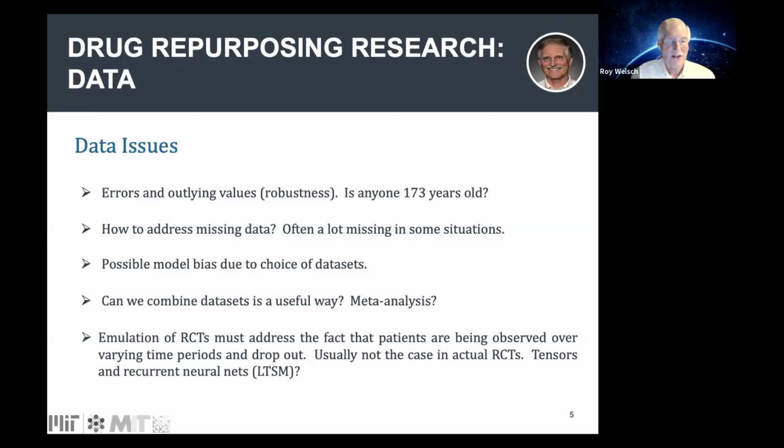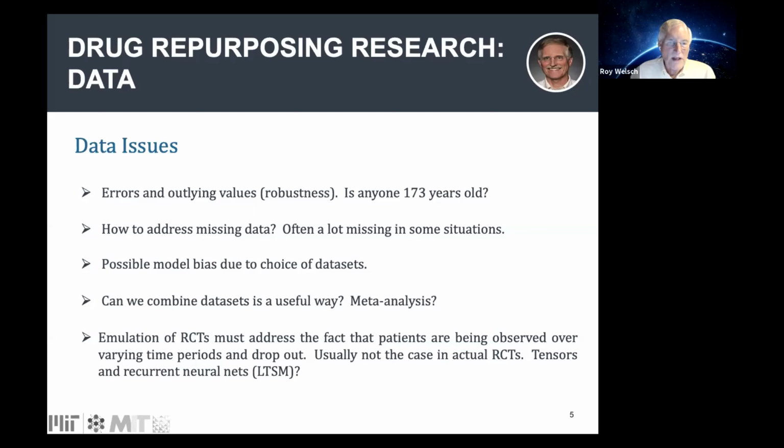The problem we have with data in general, and this type of data in particular, is errors and outlying values. I tend to call that worrying about robustness of the data. We've had examples where there are definitely outliers. And with high dimensional data, potentially thousands of confounders and comorbidities and so forth, each column, each confounder and so on is likely to have some outlying values. And if you then say, well, there's an outlying value, I'll just remove that patient, you end up removing all your patients essentially. So there needs to be some better way to address that, and I think we need to do research on that, and there are methods to consider to do that,